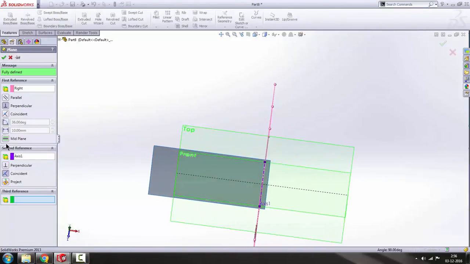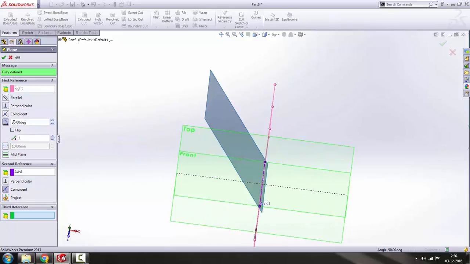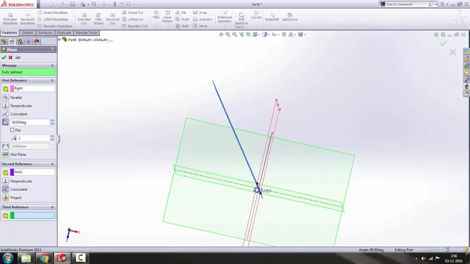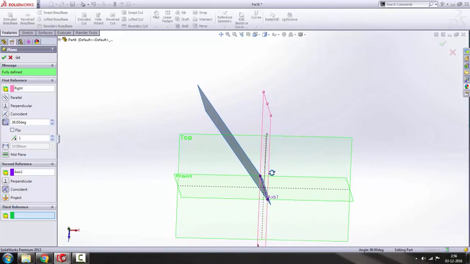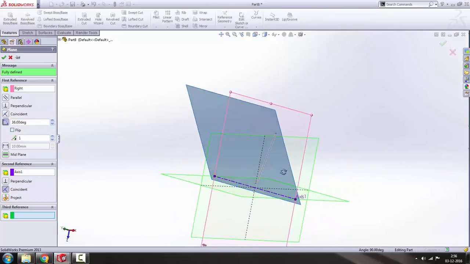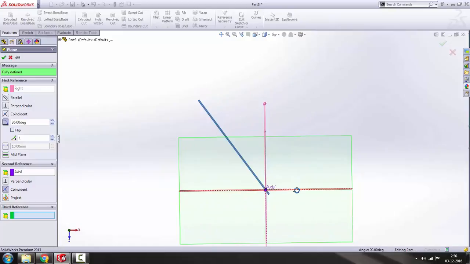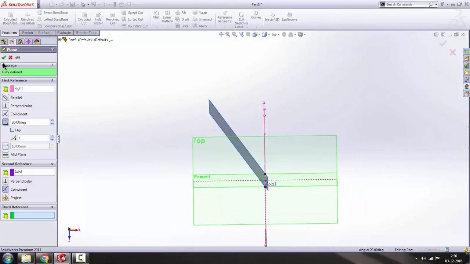Okay, and the angle has to be 36. So as you can see, as soon as I type 36 here, it got the angle 36 with this right plane, as you can see. Now I'll click OK,